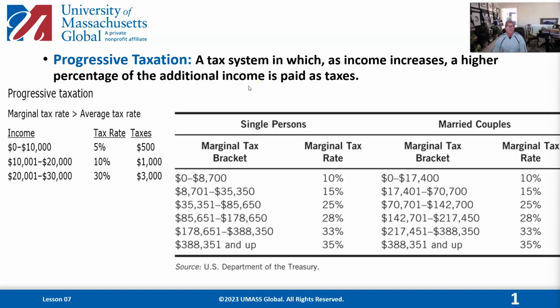We have a progressive tax system in the United States. The other type of system would be proportional, also known as a flat tax, which everybody pays the same percentage. So it doesn't matter if you make $1 million, $1 billion, or $1,000, you would pay the same rate. Great sense of fairness to that when you think about it. No matter what you make, you pay the same flat tax. It's very easy to manage. You just take out the amount of money that you make and you give a certain percentage to the government.